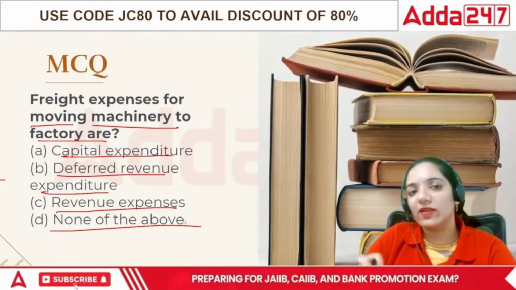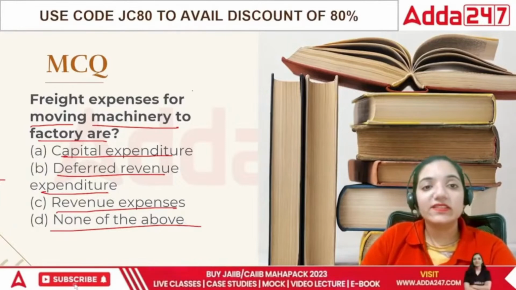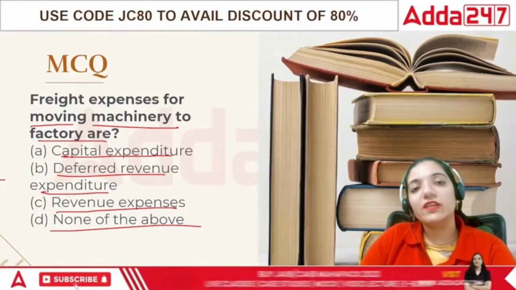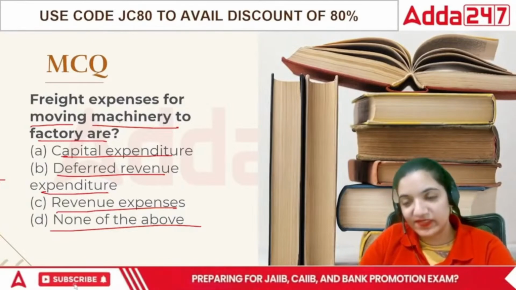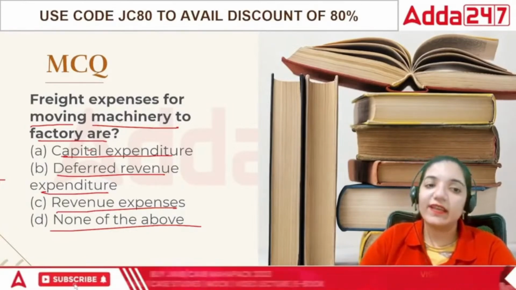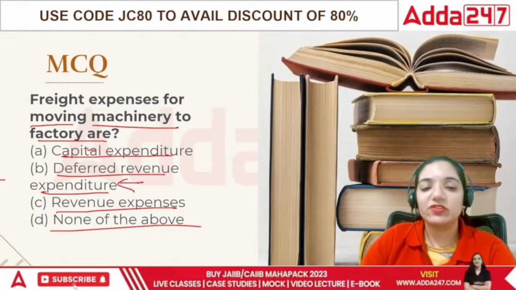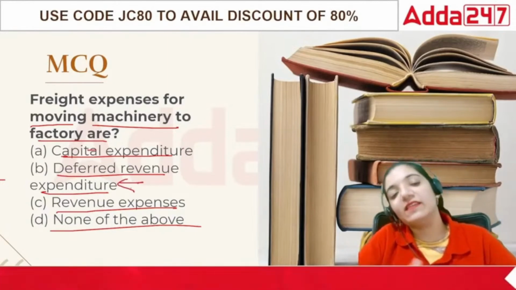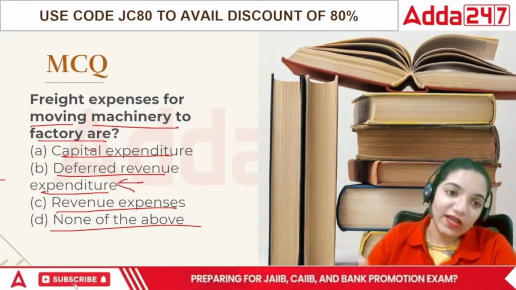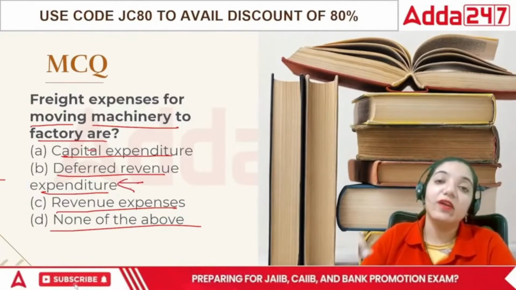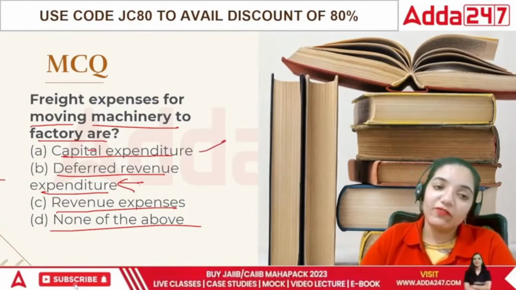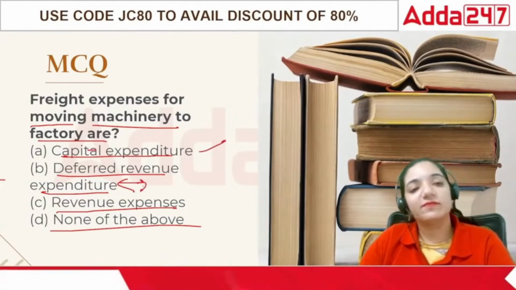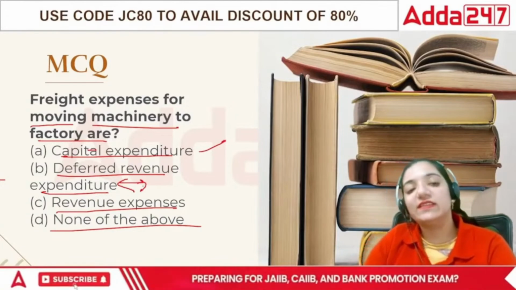Now, this is a controversial point, because in certain books you will find that shifting and moving related, if you are moving the entire business to a different place, then you will take it as a deferred revenue expenditure, because you are disassembling it and then assembling it again. So the answer will come out to be deferred revenue. But in certain books you will find it as capital expenditure. But if you are moving the entire factory or something now, then you should always consider it as a